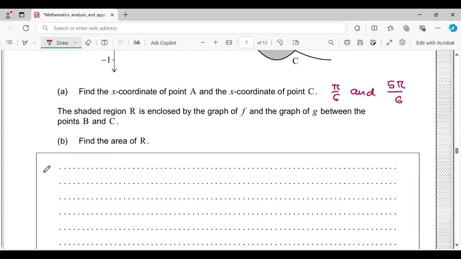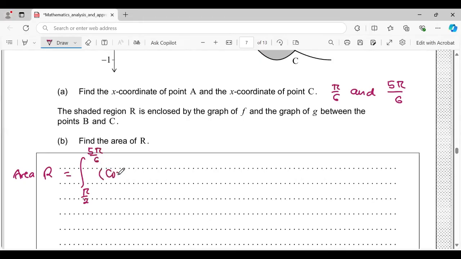So area R was the integral from pi over 2 to 5 pi over 6